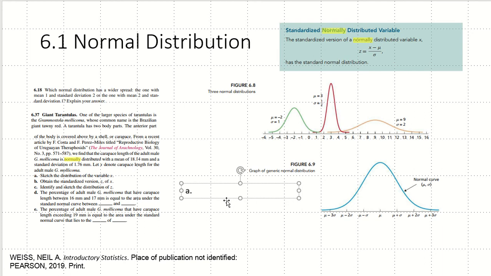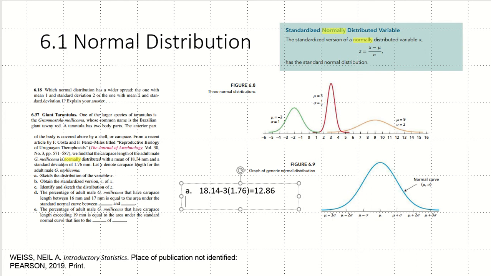So mu is 18.14 millimeters, and then minus 3 sigma, and sigma is 1.76 millimeters. That gives us 12.86,